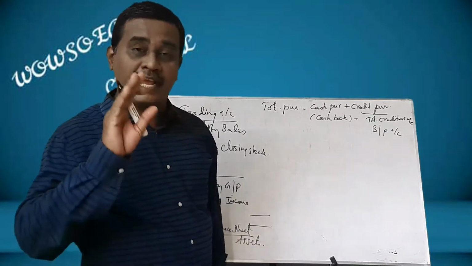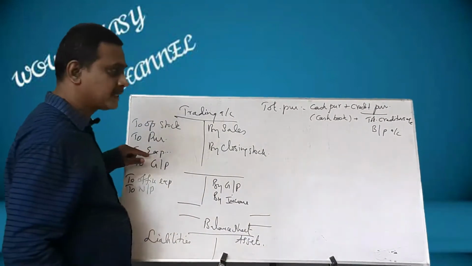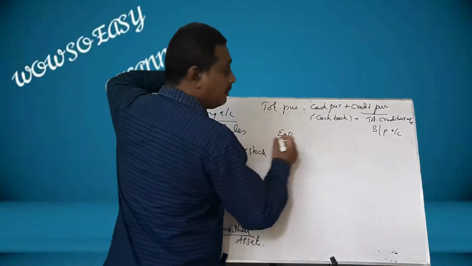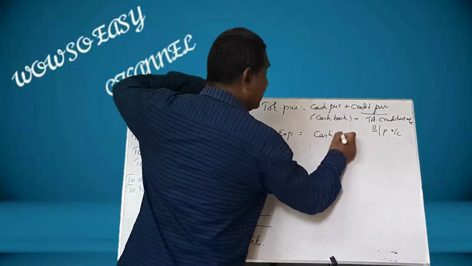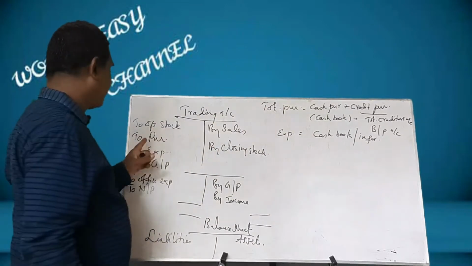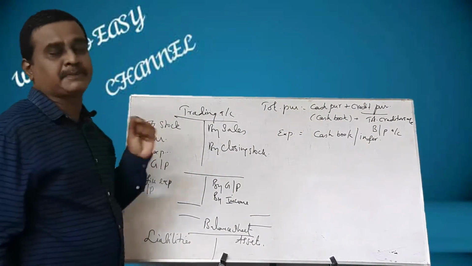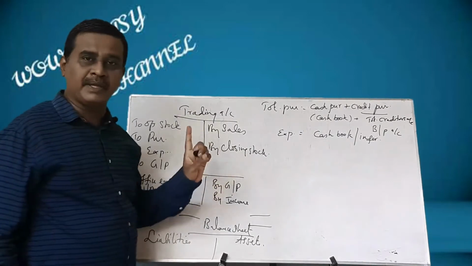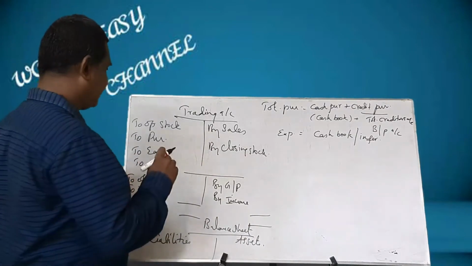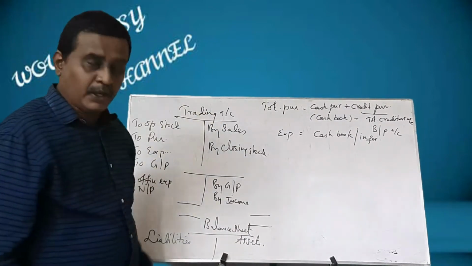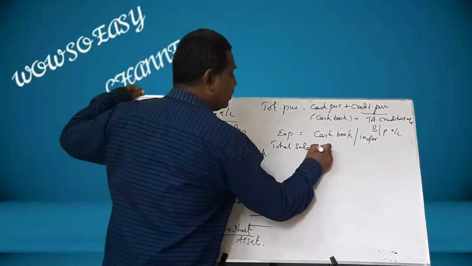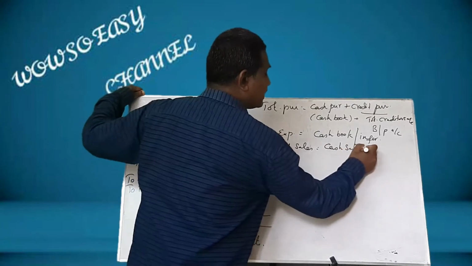Suppose if cash book is given, you have to see whether these expenses are given in the cash book. These expenses will be given in the cash book or in the information. Additional information they will give expenses. Now, closing stock will be given in the sum itself. So, you need not prepare any account. Let us come to sales. Here, you know, total sales is equal to cash sales plus credit sales.